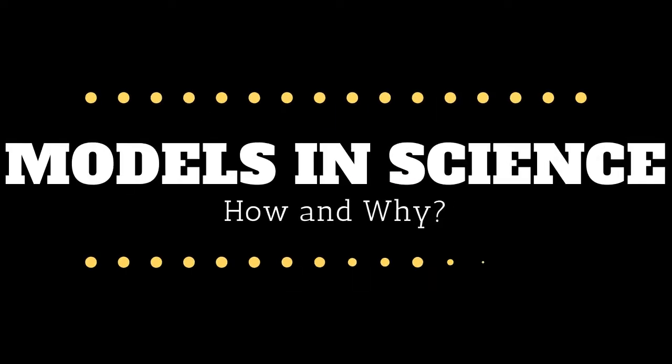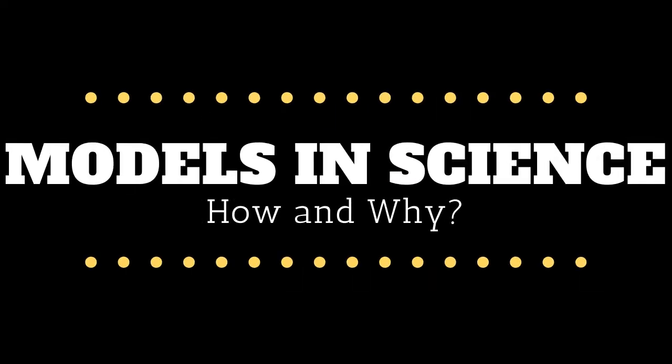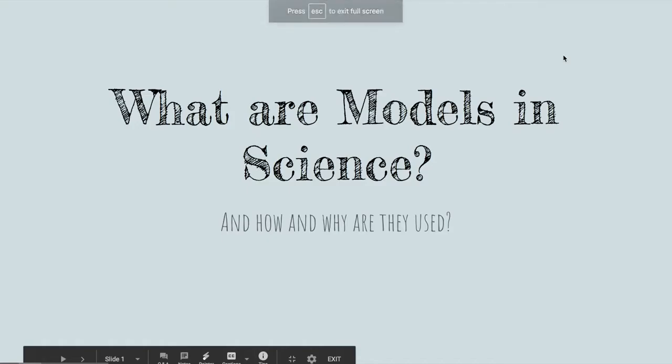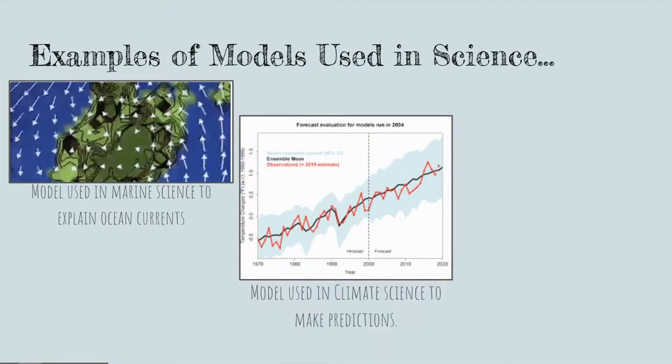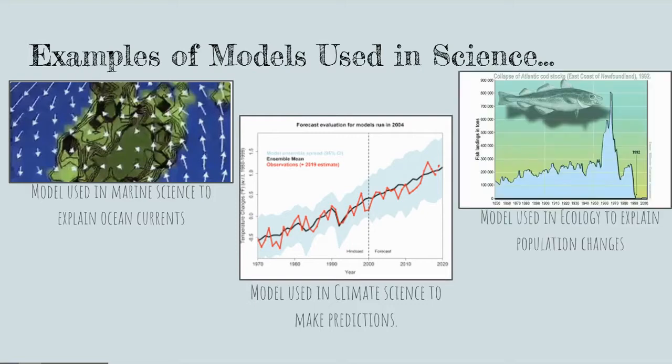In this video, I'll be explaining how and why we use models in science. Examples of models used in science have a lot of variety, but here are a couple that I've chosen to show you. Sometimes models are used to explain things that are happening. Sometimes models are used to make predictions about what will happen, and sometimes models are used to explain something that